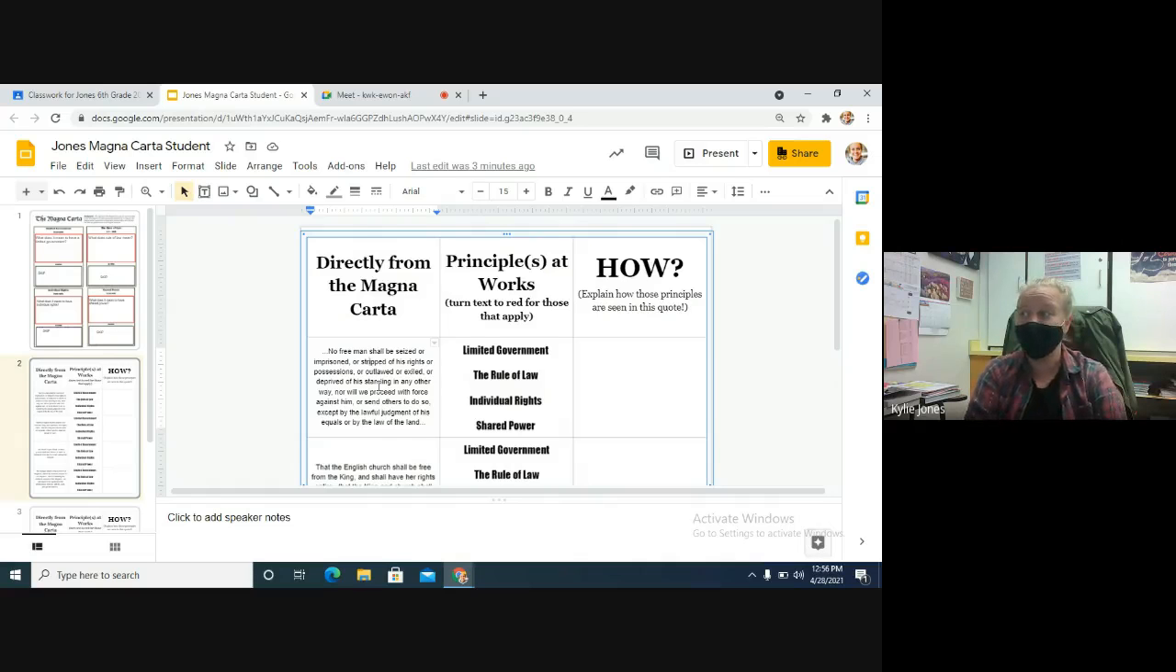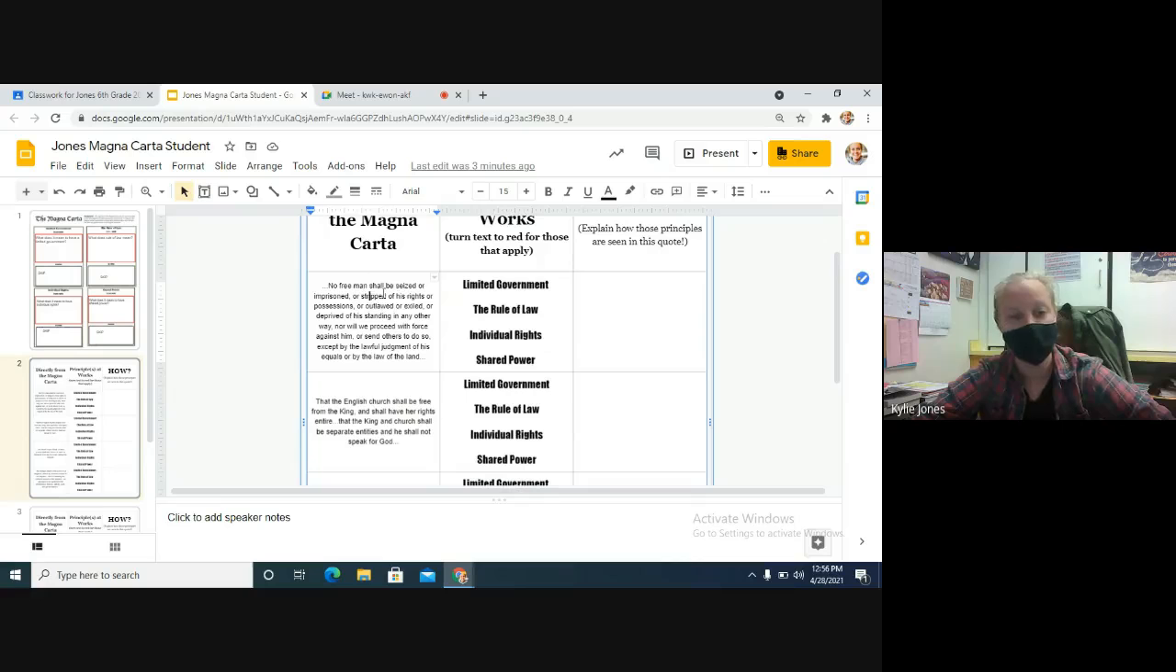So the first part from the Magna Carta says, no free man shall be seized or imprisoned or stripped of his rights or possessions or outlawed or exiled or deprived of his standing in any other way, nor will we proceed with force against him or send others to do so except by the lawful